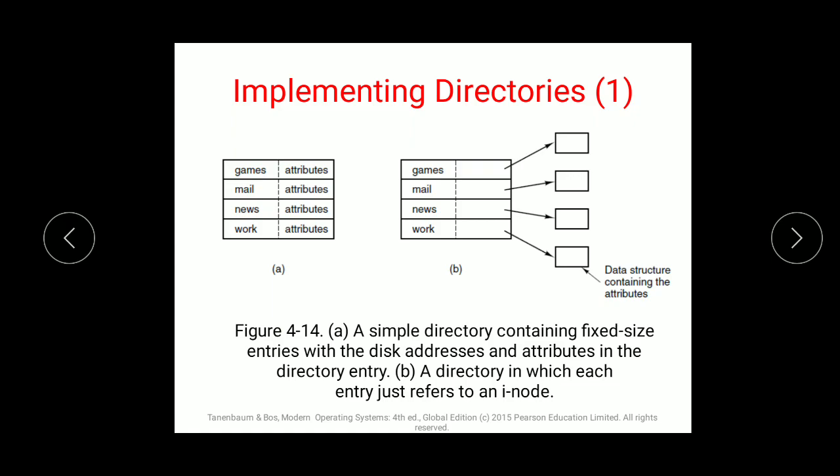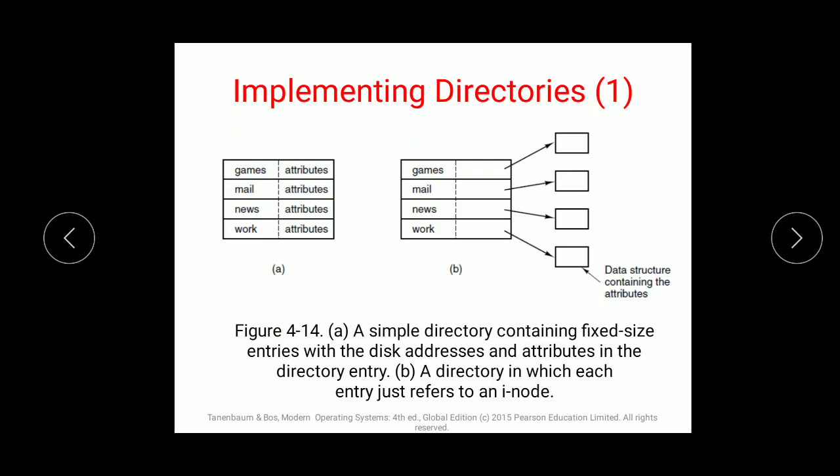Suppose my name is Prajakta, which is 8 characters, with the extension .doc, 3 characters. In a Unix file, the name could be 14 characters, and the extension is included in those 14 characters only.